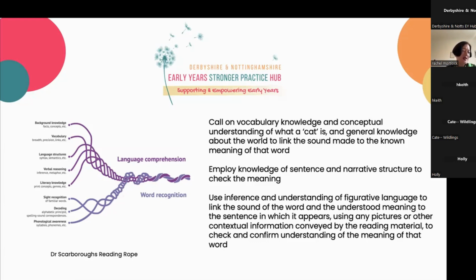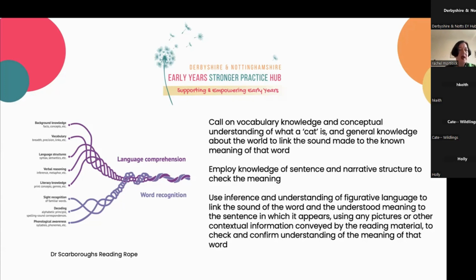The second part, skilled word reading, is something that starts later. That includes being able to quickly work out the pronunciation of unfamiliar words, decoding, recognizing words, and then they go on to writing, which is about transcription, spelling and handwriting, and composition, articulating ideas and structuring them before writing. So it's really important, and I think what this shows is the real importance of the range of oral language knowledge and the processes that children need to be skilled readers and then ultimately to move on to be skilled